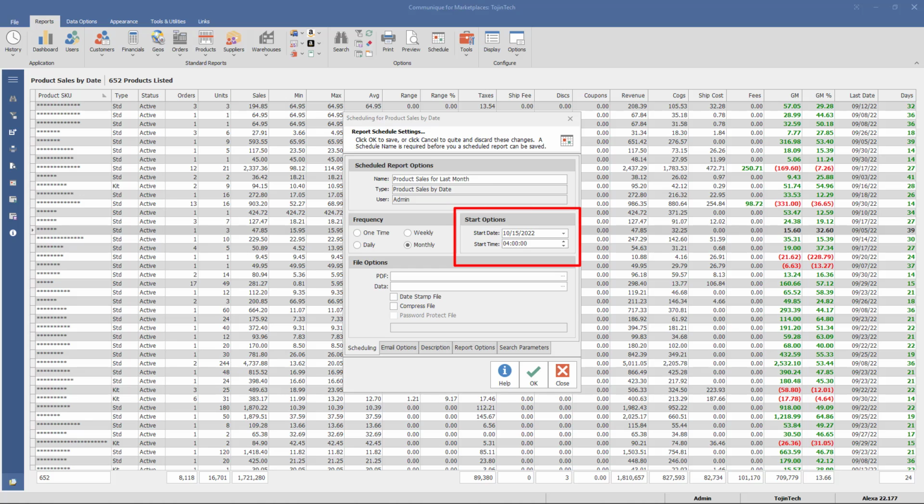The start options contain the start date and time for the scheduled report to begin automatically generating. The start date determines which day the scheduled report starts generating. Since this report looks back at last month, set the start date to the first day of next month. The start time is preset to 4 a.m., but you can set it to whatever time you deem appropriate. We'll leave it set to 4 a.m. for now. The product sales for last month's scheduled report will begin on the first day of next month at